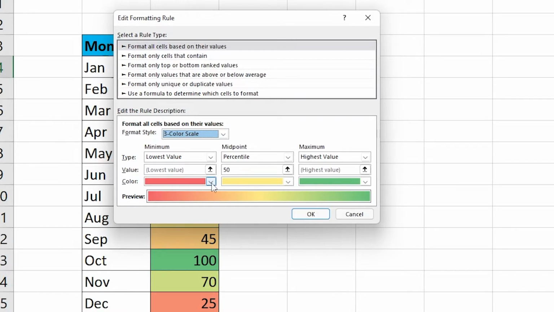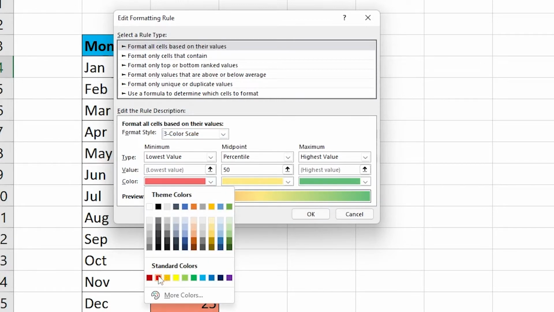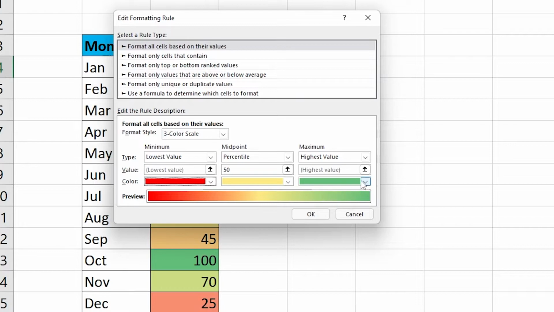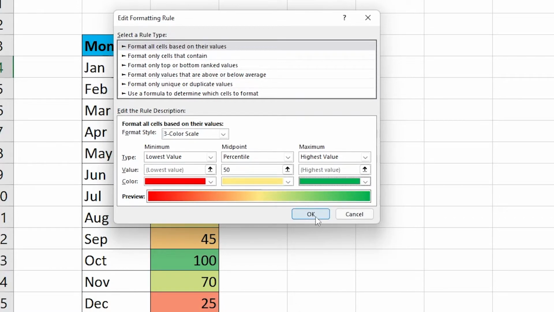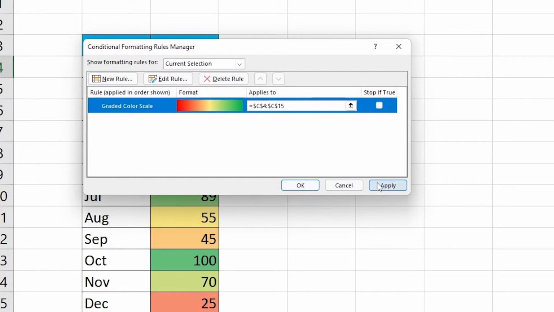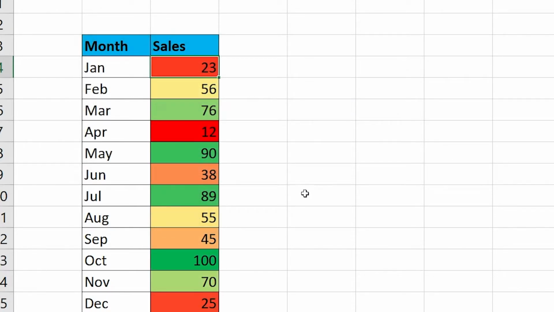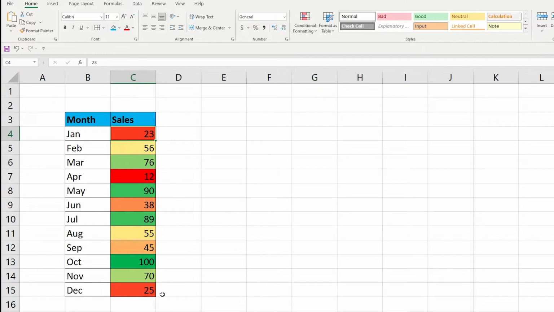You can see you can change the colours down here, and I like to change this to a bit of a darker red so it stands out a little bit more, and then same for the green, a nice fluorescent green. We can click OK, then apply and OK, and you can see that it's conditionally formatted all the different cells to make them either brighter or darker,